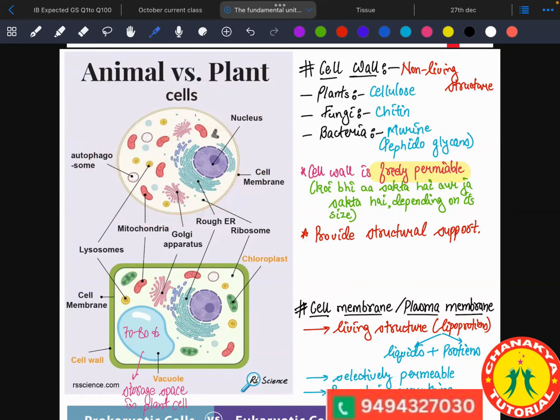The food produced in the plant cell, can you tell me how it is produced? Photosynthesis, in the chloroplast. Very good. By the process of photosynthesis, produced by chloroplast. Okay. Whereas in animal cell, how can you produce energy and food? Mitochondria. Very good. Okay. In plants, we have chloroplast.